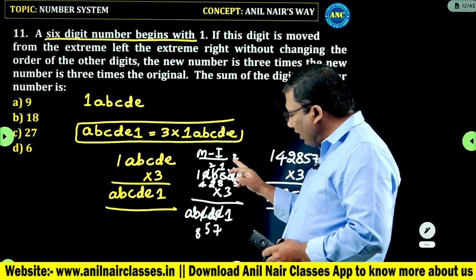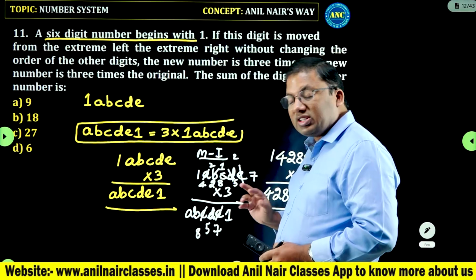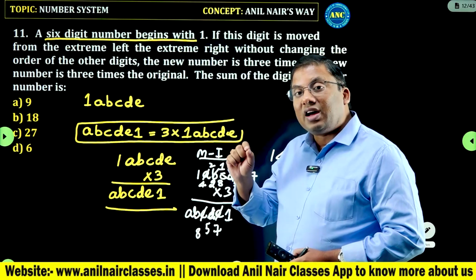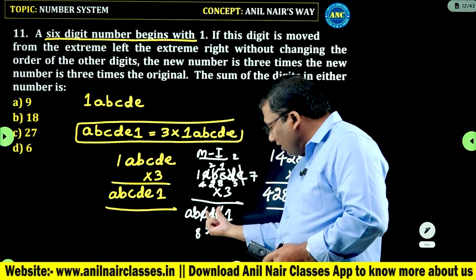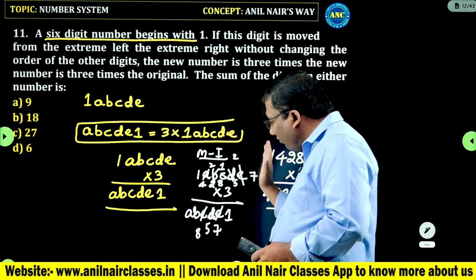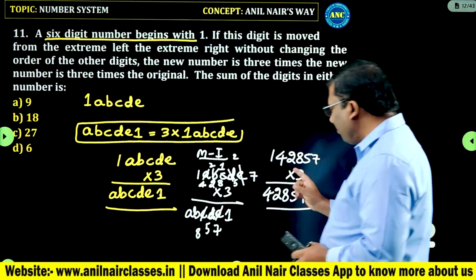1, 2 carried. 3 multiplied by D plus 2, I should get 7 at the end. 3 fives are 15. 15 plus 2, 17. So here it is 5. Here also 5. That's how I found out all the values from E to A like this. So the number I got is